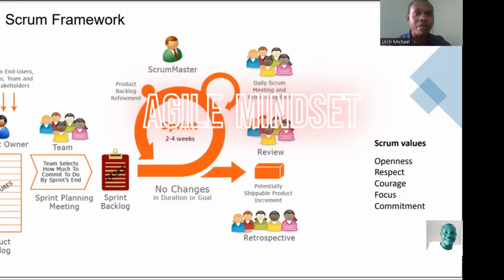And right over him there, you can see input from end users, customers, team, and other stakeholders, so everything every other person is saying concerning the project. It's the duty of the product owner to pick up those feedbacks from the end users, the customers, the team, and the other stakeholders. He analyzes them, and puts the feedback into the product backlog.